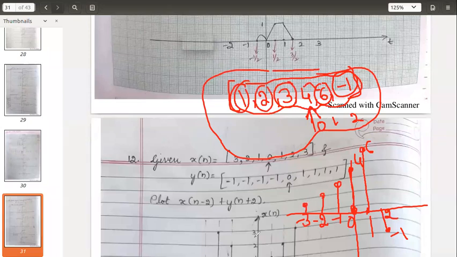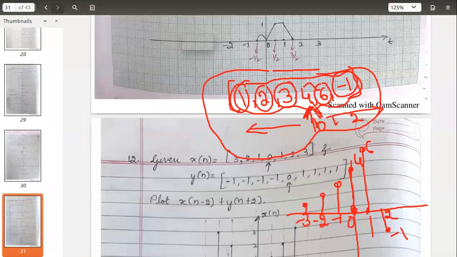So, see the difference. 4 is not giving you the time. Arrow mark indicates the time. This is your left hand side, this is your right hand side. In short, they have given you the amplitudes. All these values, 1, 2, 3, 4, 6, -1, are giving you the amplitude values. Arrow mark gives you the point, time, where the signal starts.